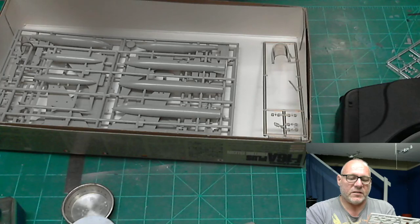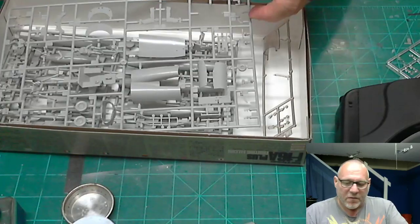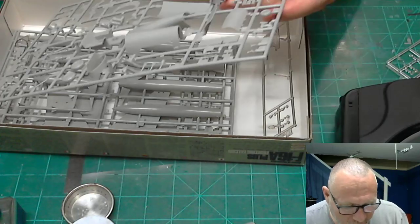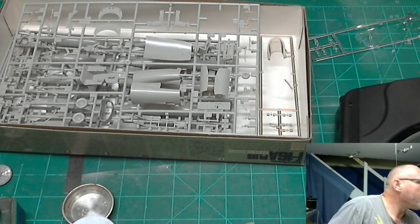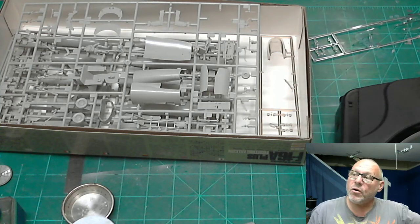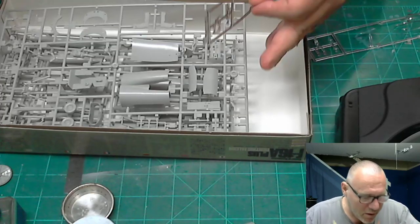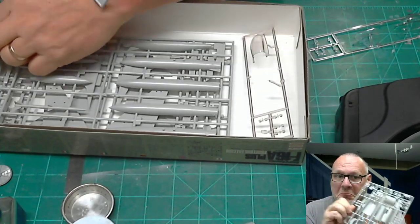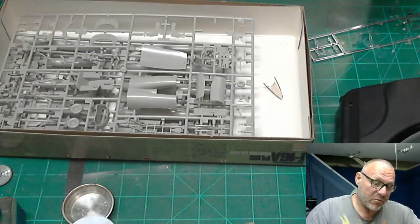Okay, so I'm going to take this off of here, and this off of here. And, oh wait. Does it have both? Hang on a second. Ooh. It has both. This kit has both. Clear and smoked. Wow. Well, I guess I know in the future, if I decide to get more of these, which I probably will,